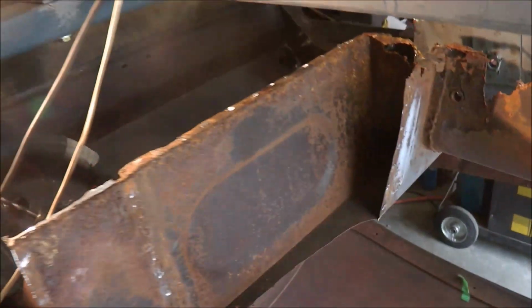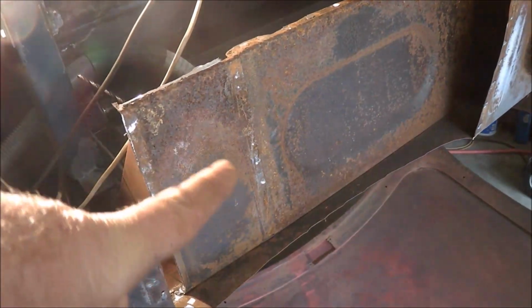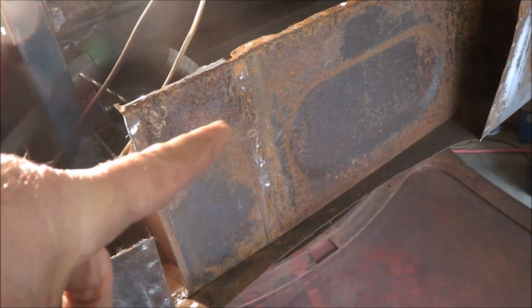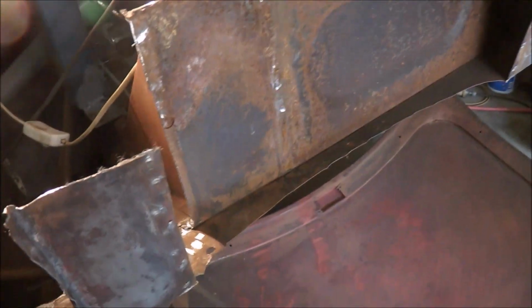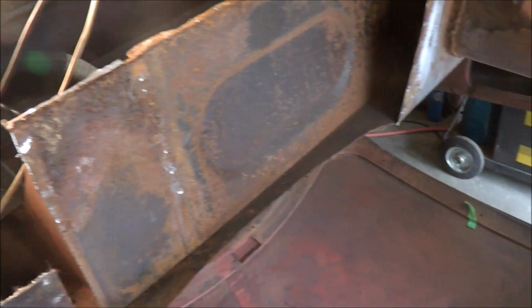On the rear, not too bad along the back here. Might have to repair a section in there. It's fairly badly rusted behind this support here,